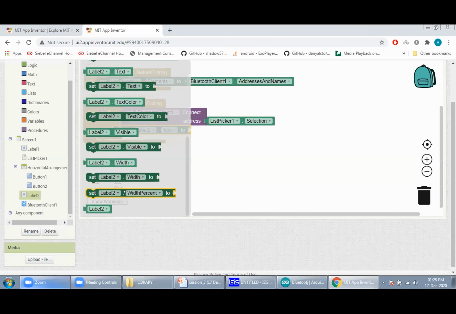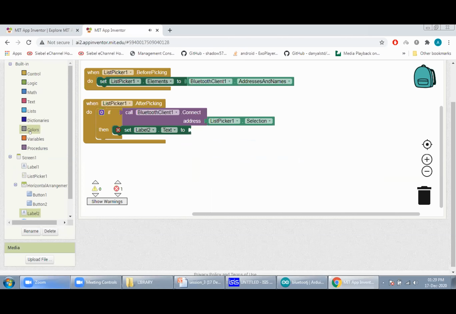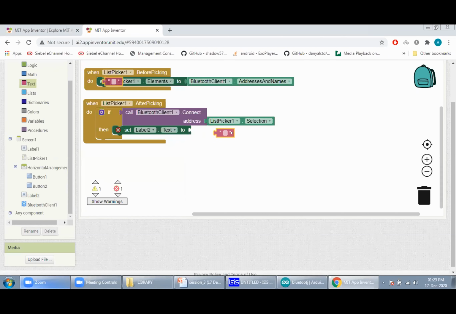Label 2 text. Just write a text there: Bluetooth disconnect. Right. Then